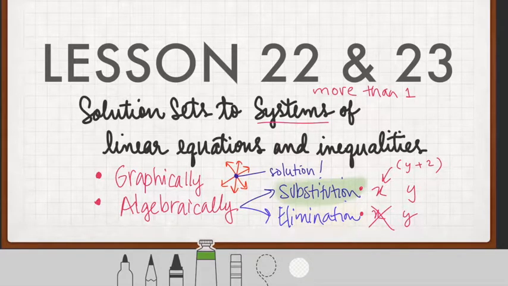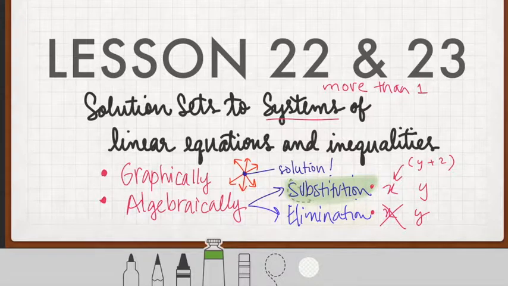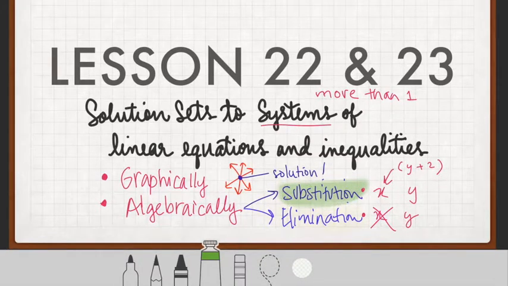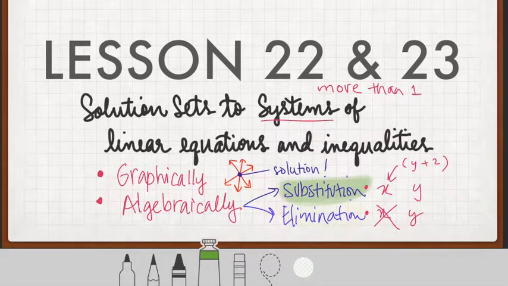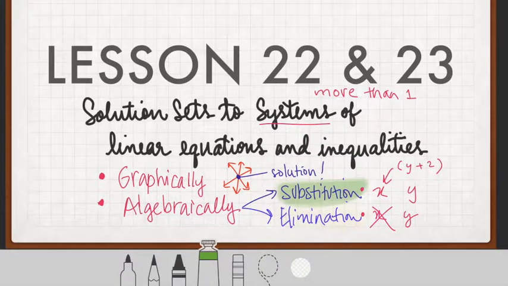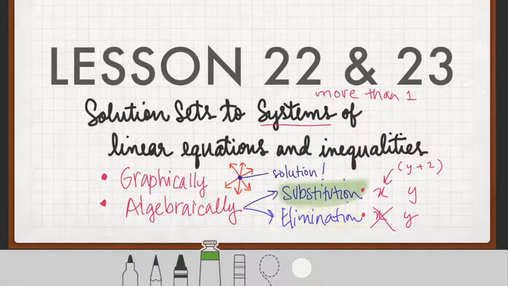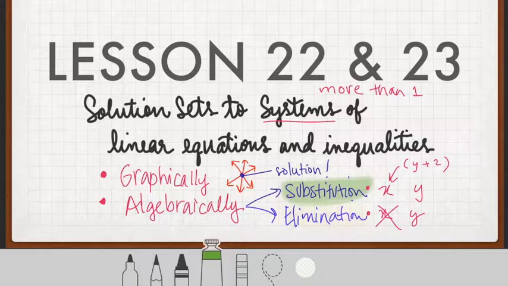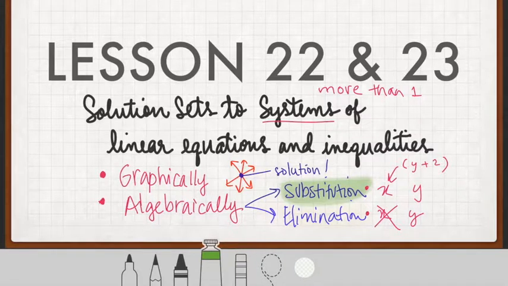In this video, we're going to continue learning how to get the solution set of a system of equations using an algebraic method. In this particular video, we're going to be looking at the substitution method, which essentially has us substituting one variable with an expression that has a different variable. And that would leave us with just one variable, very much like the elimination method,